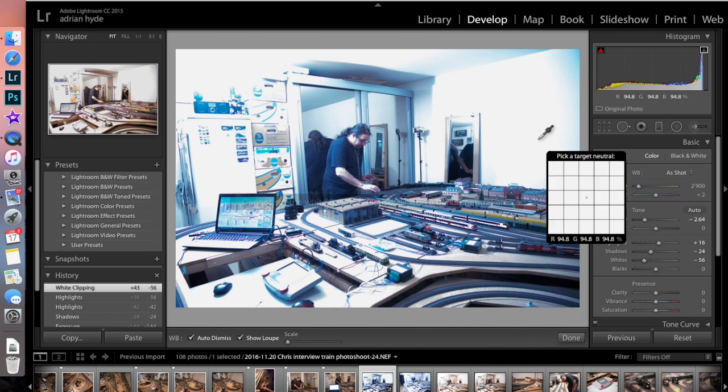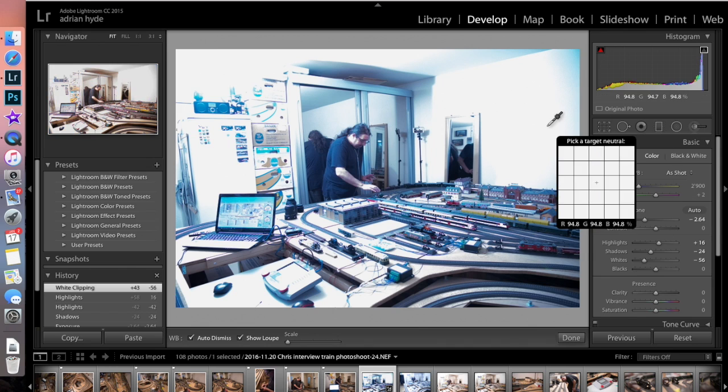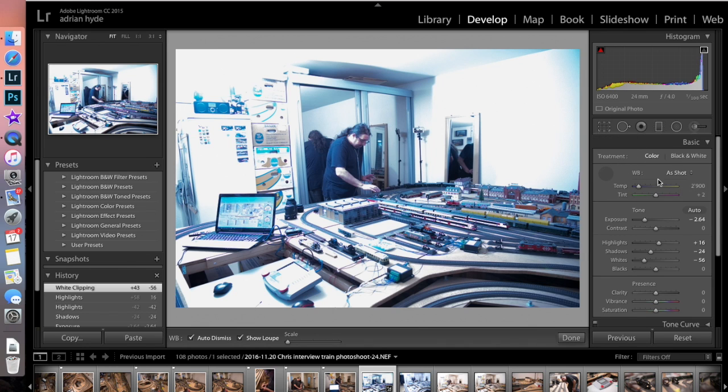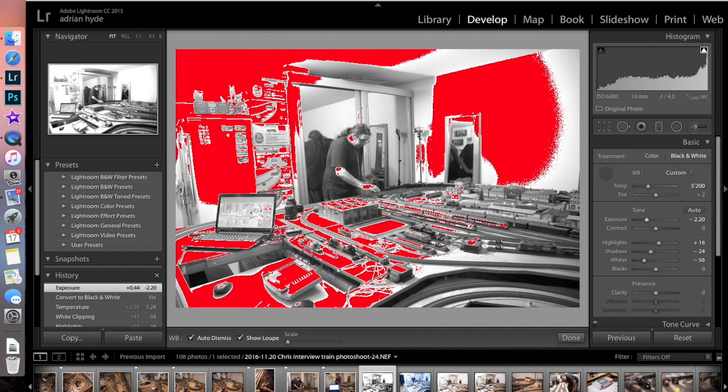Right, you can't do it like that. So we're going to the colour temperature here, 29. I know it should be about 5,500 Kelvin. That should be about right, 5.2 maybe. It's better. I think it's going to work better as a black and white. Yeah. I've got the clipping tool on here. So as we go through here,